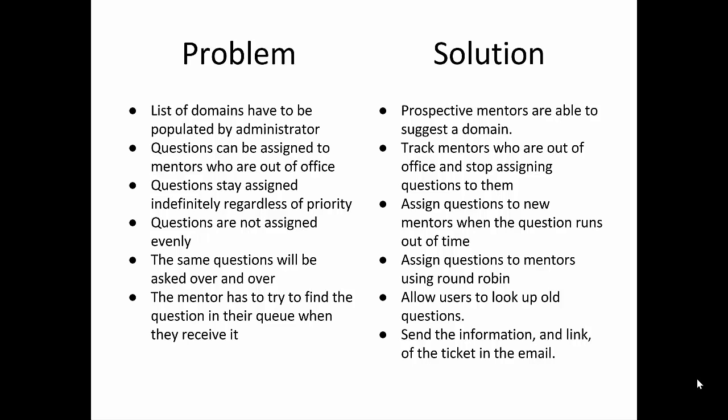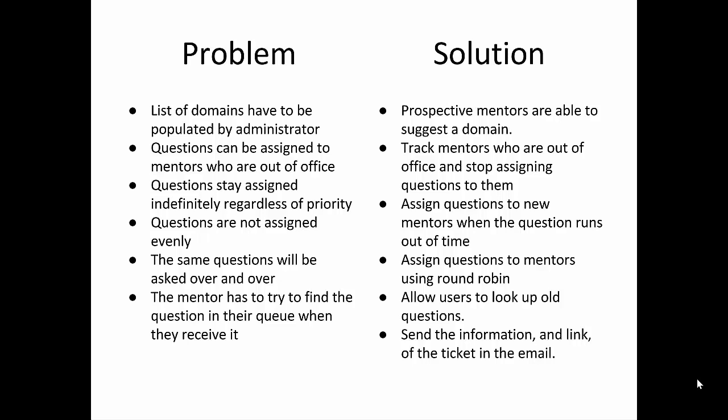Questions can be assigned to mentors who are out of office. A mentor can set up their email address to send out-of-office replies. If they are out of office, they are most likely not answering the questions that are assigned to them. Thus, my solution is to track mentors who are out of office by receiving their emails and stop assigning questions